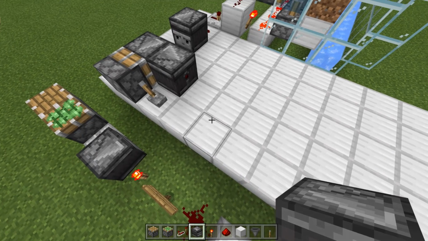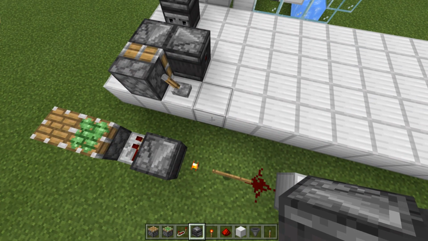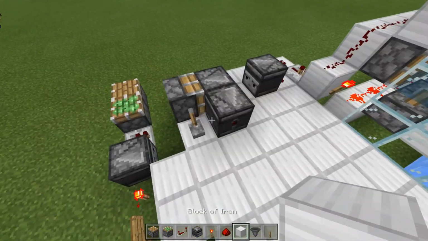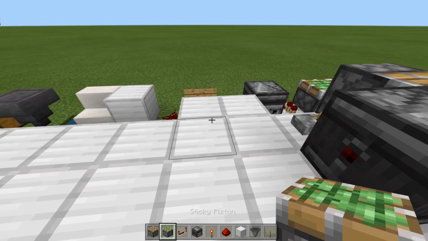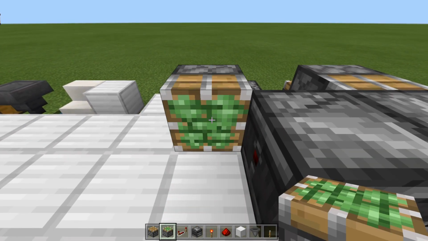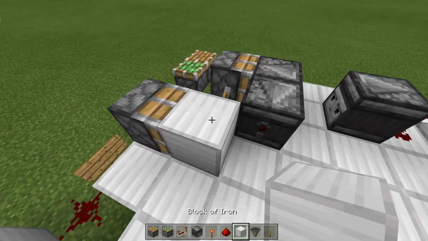You're going to want to take a sticky piston, and I'm actually going to build up my platform just a little bit more. And you're going to want to have it right here, facing in this direction. So that way you can go ahead, place another block right there. And in theory,